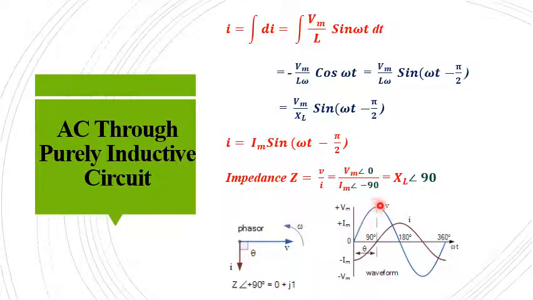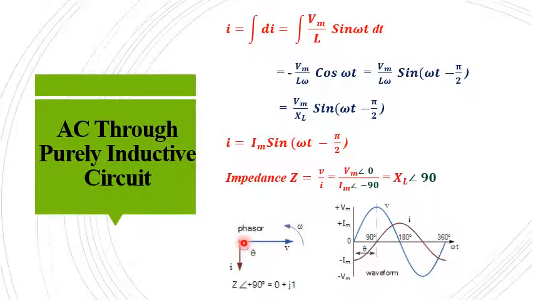Here the voltage waveform is starting from the origin. So it's a reference. So this will be your voltage phasor. Then at omega t equal to 0, this is your instantaneous value of the current. So this will be your current phasor maximum value. This angle is 90 degree. So here we can say that the current is lagging the voltage.